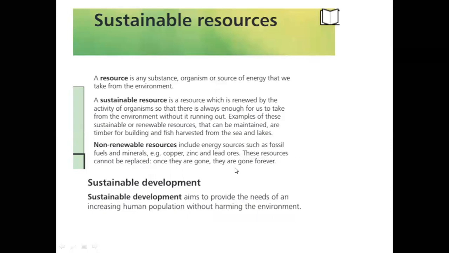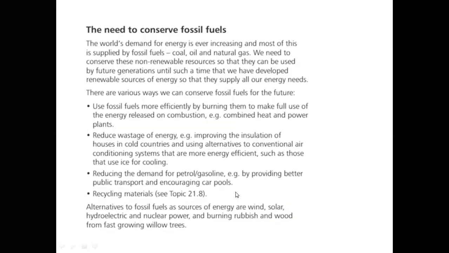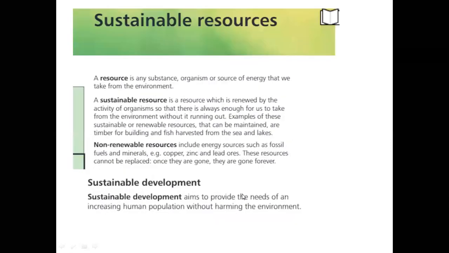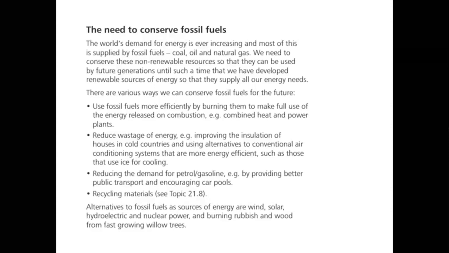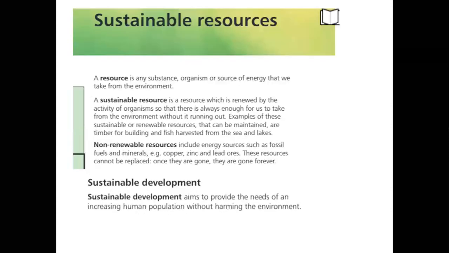And the example which they have given to us here is that we should burn trees that we know can grow quickly, like the growth rate is high. So if we burn that, we can renew it again. Therefore, the example of this tree is given to you: willow trees. Is that clear to you?